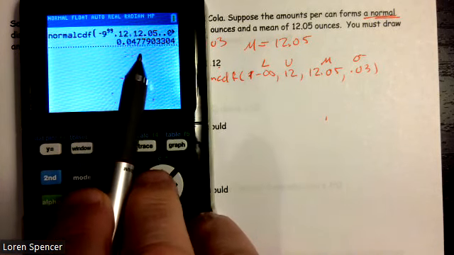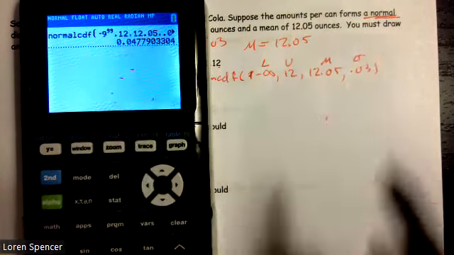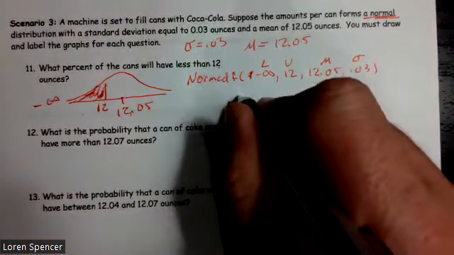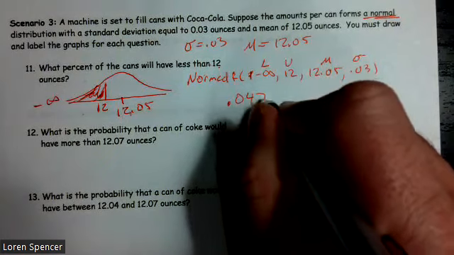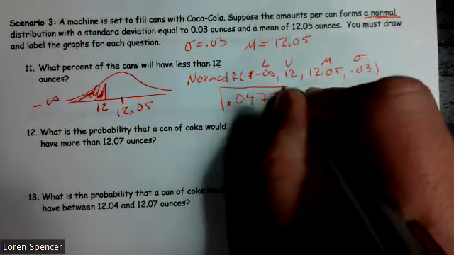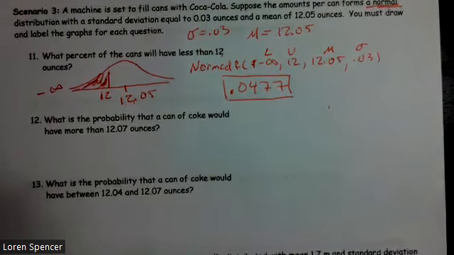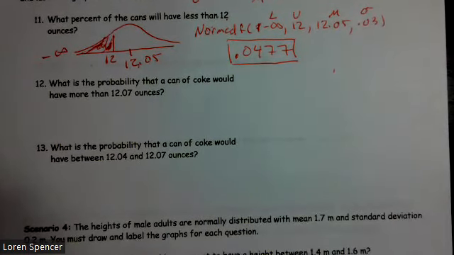And we end up with 0.0477. Remember, we're always going to go 4 places and truncate. So 0.0477. Truncate just means to cut it off, and that's it. No rounding. The next thing, it says, what is the probability that a can of Coke would have more than